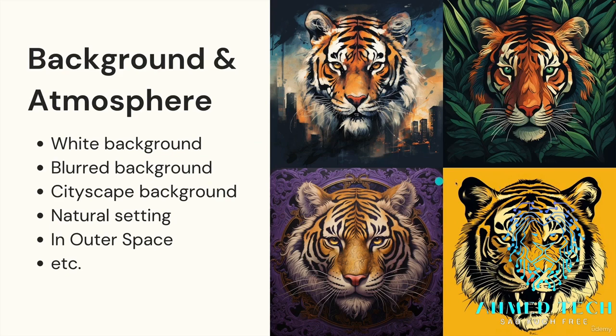So these 4 images I generated separately using a prompt that just said tiger head illustration, comma, and then 4 different backgrounds. So this one was tiger head illustration, cityscape background, tiger head illustration, jungle background, tiger head illustration, purple paisley background. I really like that one. And then tiger head illustration, solid yellow background. So these are very different, of course, right? It adds a lot of flavor to the images, but it also can be very useful, I'll show in the